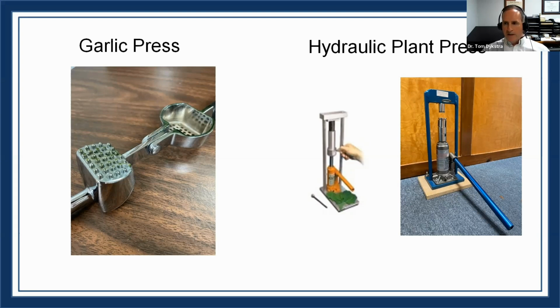That's just fine. But if I am asked to go to an orchard, and I've got 100 samples to do, I'm not going in there with a garlic press. We've got two different types of hydraulic plant presses over here. Depending upon the size of the leaf, you can easily put 5, 10, 15, sometimes even 30 leaves in. The one off to the left can handle more leaves. The one off to the right has a smaller compartment. But each one will do the job of squeezing the leaves and getting us the plant sap that we need to test on a refractometer. Moving quickly between samples, if I'm asked to scan a field, the only way to do it is a hydraulic plant press.